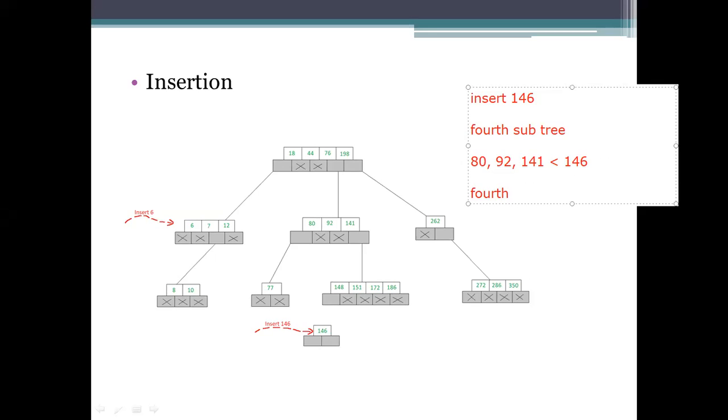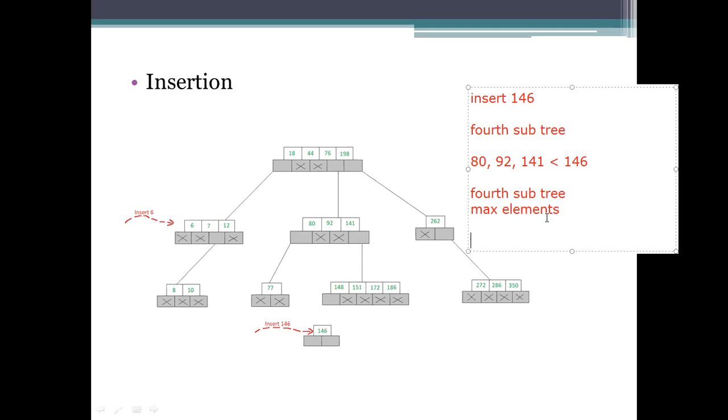Fourth subtree representation. You may say that you can insert at the 146 here, but we can't change the pointer to the representation. No replacing, no changing has to be done to that one. If it is possible to insert this one, we can change this thing. But at this fourth subtree, we have the maximum elements here. So we can't insert at this one, and we can't make changes to the numbers added previously.